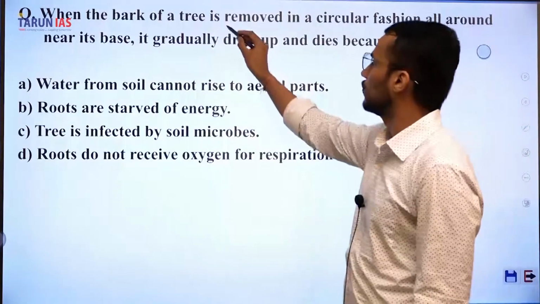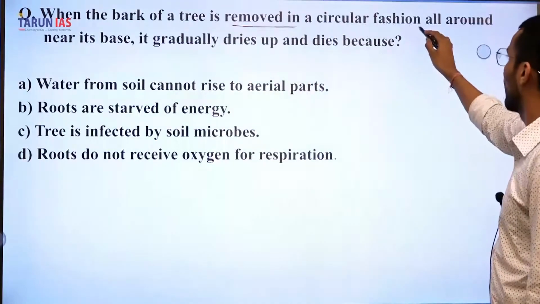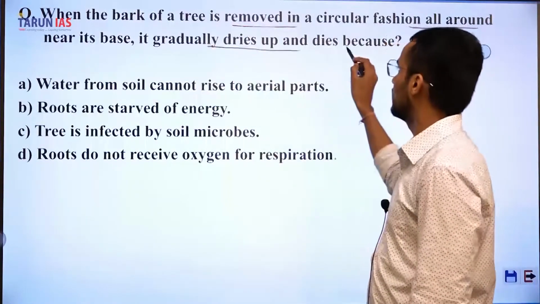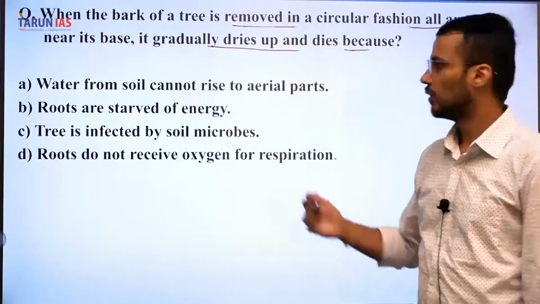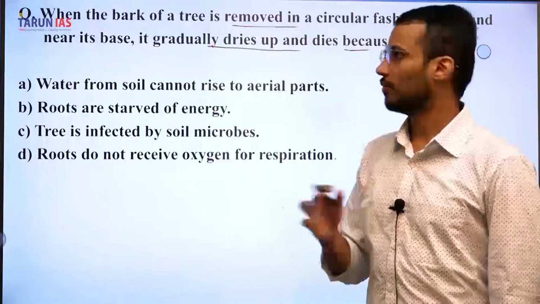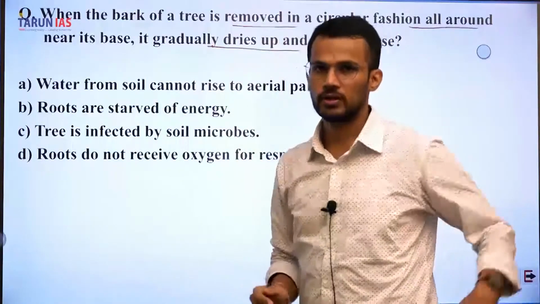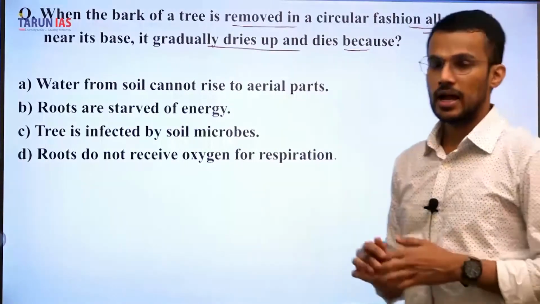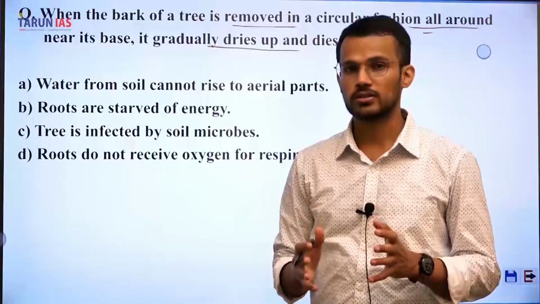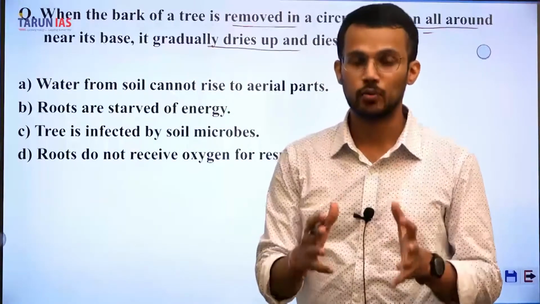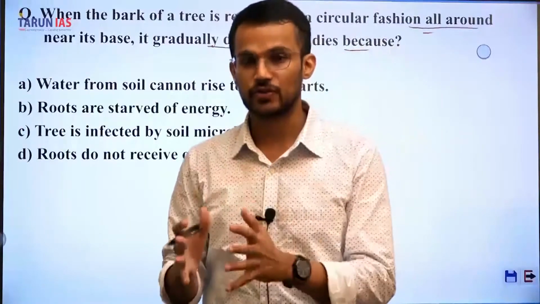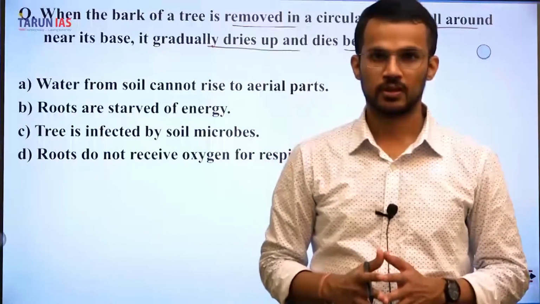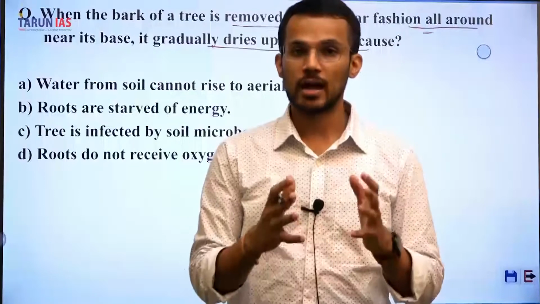Next, when the bark of a tree is removed in a circular fashion all around near its base, it gradually dries up and dies because of which of the following? So whenever the bark of a tree is removed from the base in a circular fashion, at that time it dies because we are restricting the flow of food as well as water, and that is the result of damage to